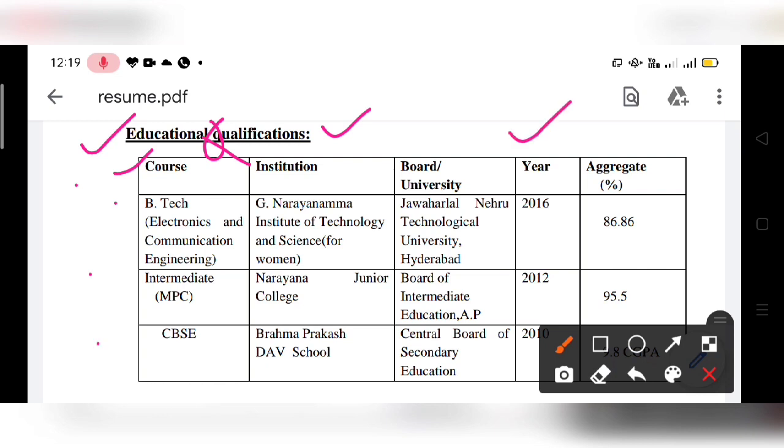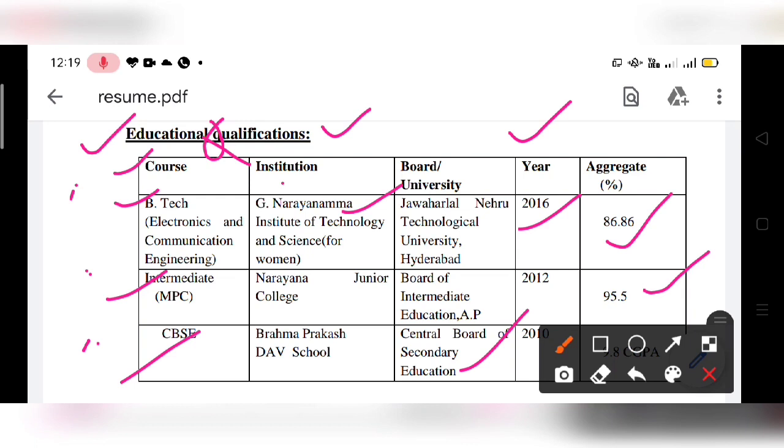So the interviewers, when you just write it in this tabular format, they would know what is the name of the course, how much percentage you got, where did you study, and which year you passed out, etc. And in the order of preference, like the latest degree should come first, and then the next degree and the 10th standard degree. Right? So this is the way you will write your educational qualifications. If you feel that this tabular format is rudimentary and fundamental in style, if you feel that it has to look more professional, you can go for bulleted points and write all the details like the degree and the college and the percentage by placing comma comma in between.